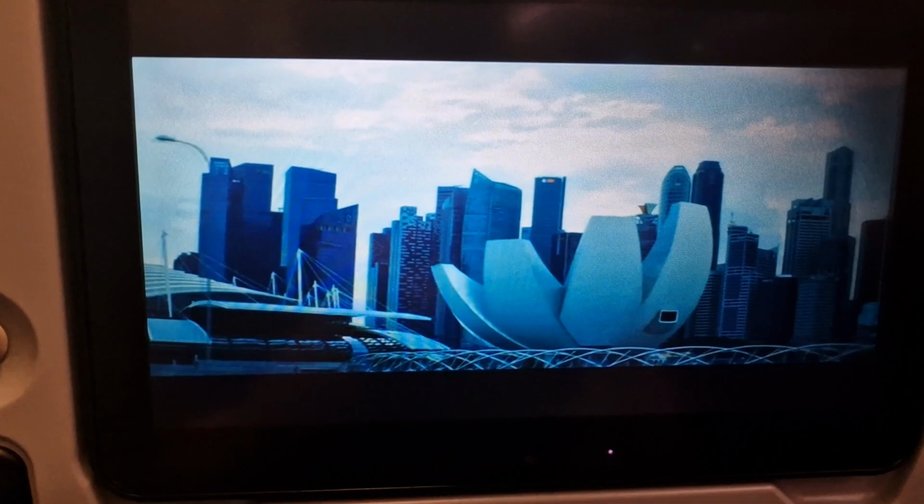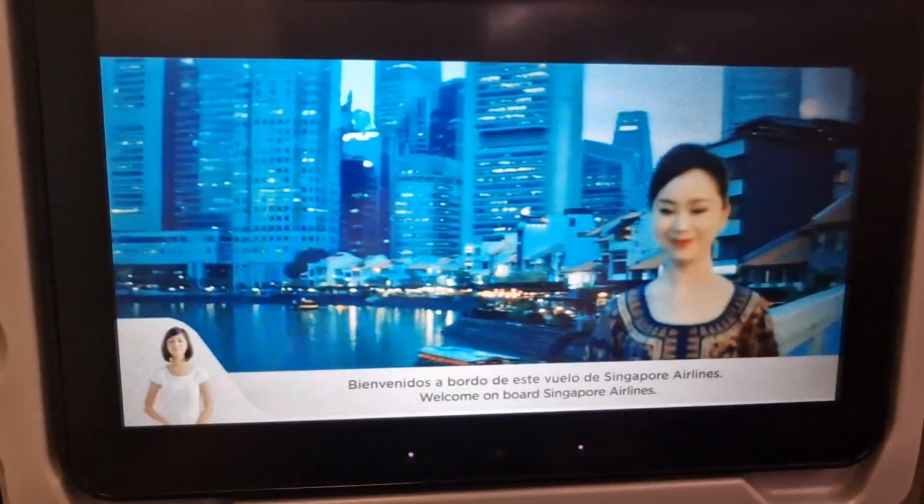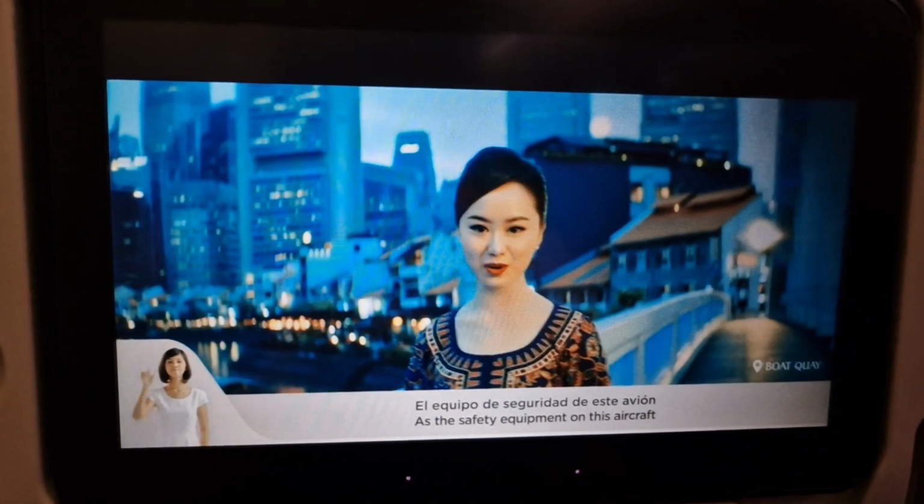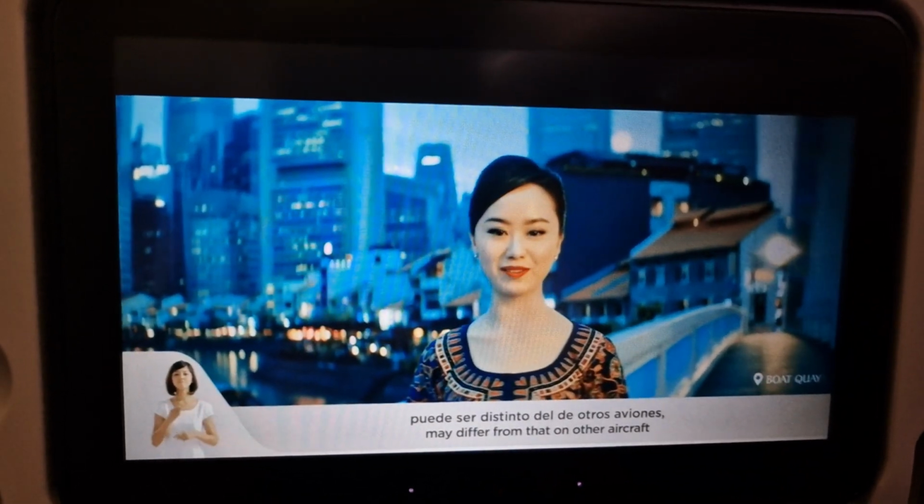Very soon we push back from the gate to commence our taxi to the runway for departure. Welcome aboard Singapore Airlines. As the safety equipment on this aircraft may differ from that of other aircraft, please give us...